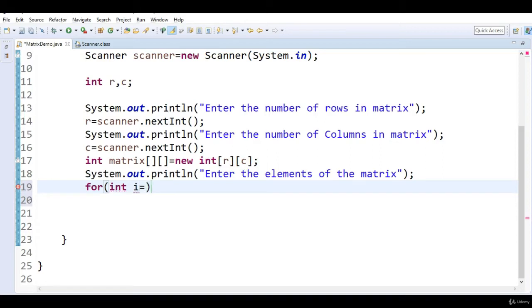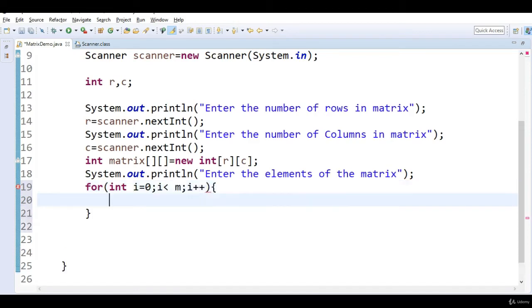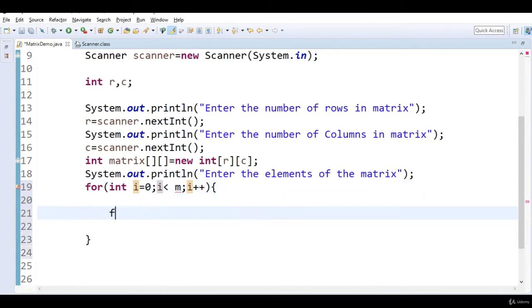So first I write int i equal to 0, i less than m, i plus plus. This i is for rows. So we are looping through the first row, second row and third row, and then we add one more loop, int j equal to 0.